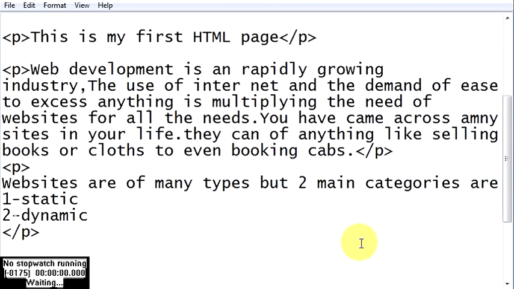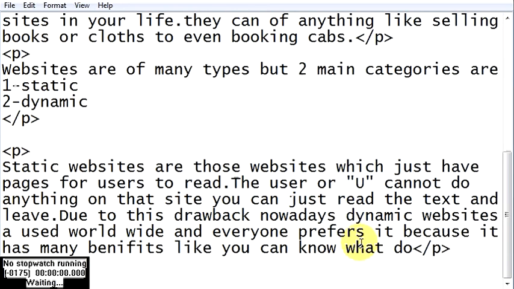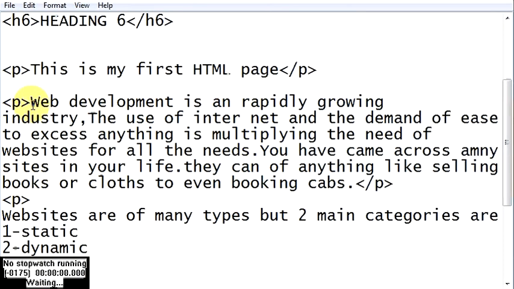For the third paragraph also, start your paragraph and end your paragraph. Okay, it's already there, so I'm not going to do it. So this is how I created 3 paragraphs. One starting here, ending here. Second one starting here, ending here for the middle one, and the first one starting here, ending here. So this is how I made 3 paragraphs.